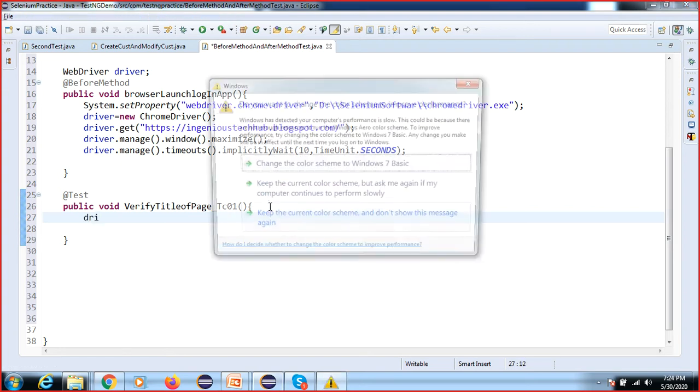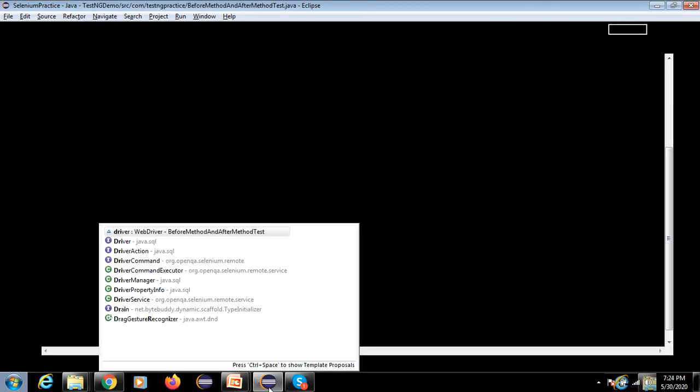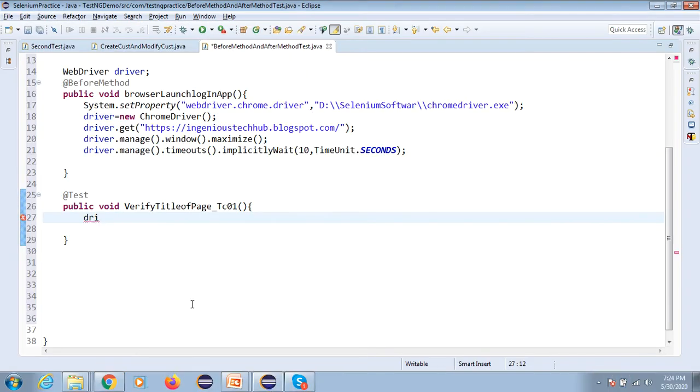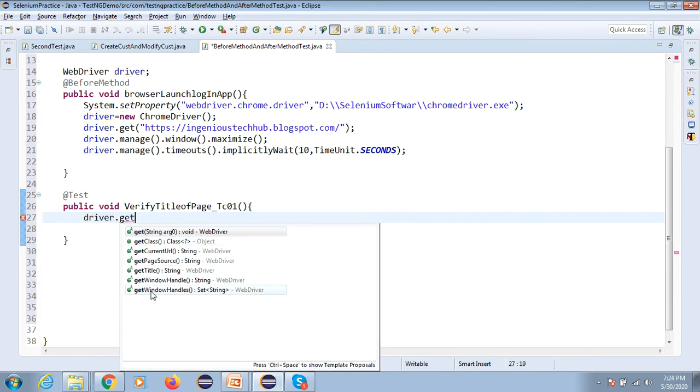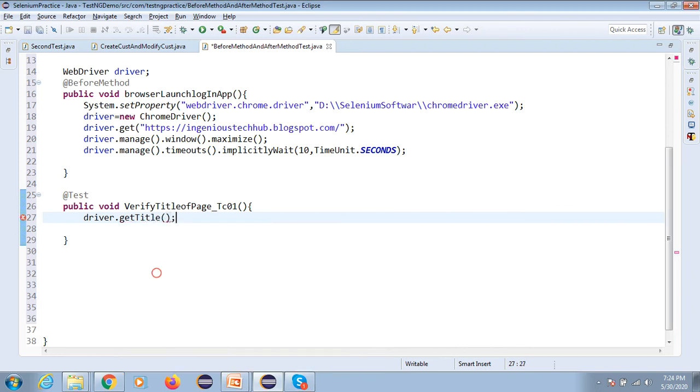Driver dot get title. Get title's return type is a string, right? A string.